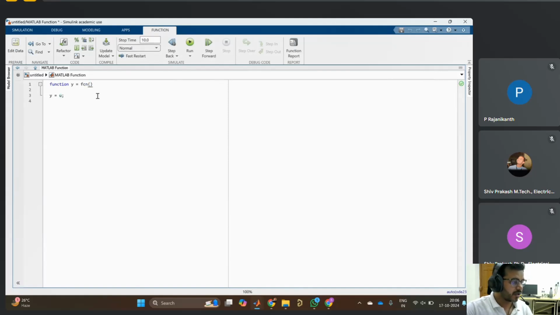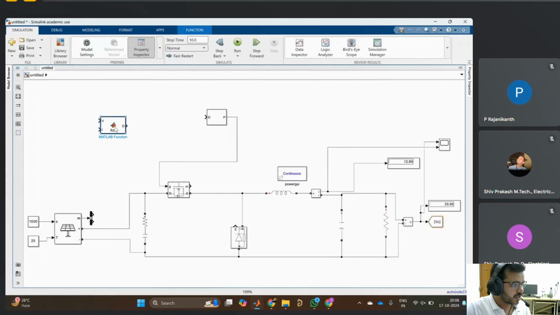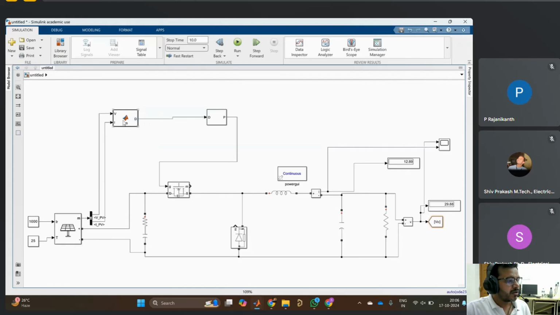Sorry, the output here, you need the duty cycle. Input, you have to give the voltage and current. Give the two options: the voltage here, EPV, and the current here. Regarding the voltage and current, write an algorithm for maximum power, so that it gives the duty cycle. That duty cycle you can connect here to your